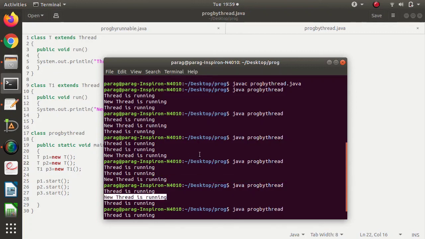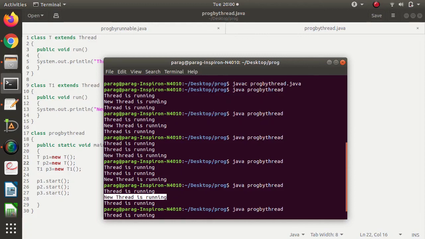So again, as in the previous example, we are getting a different result each time. What is the reason? All the threads are running simultaneously. These threads are mapped to the processor cores. Whichever processor core is freed first will run that particular thread, and that's why we get different results.